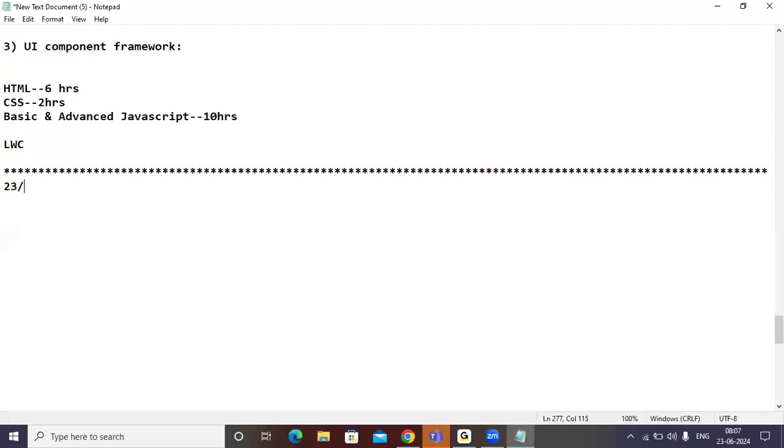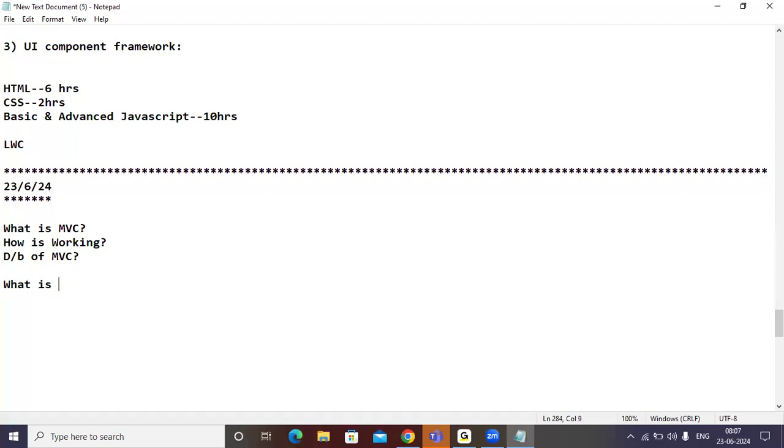That is 23rd, 6th, 24. Did you understand yesterday's class, Rajesh? Yes, sir. So in the last class, we were discussing what is MVC architecture, how it is working, and also drawbacks of MVC.